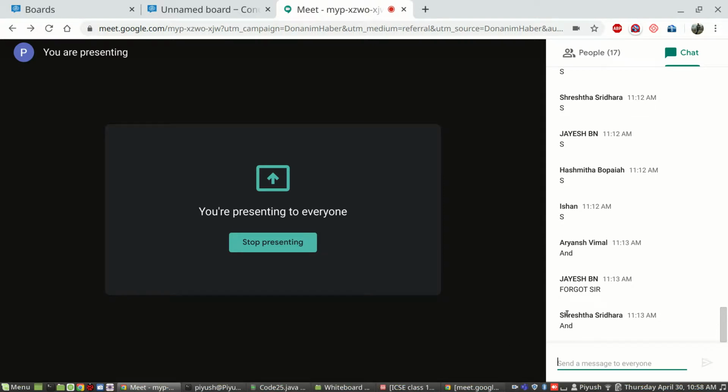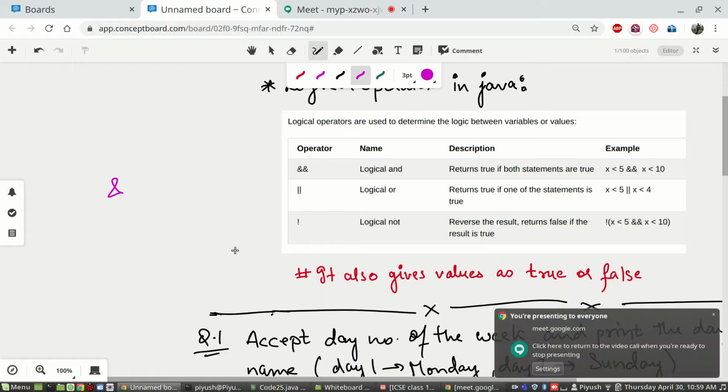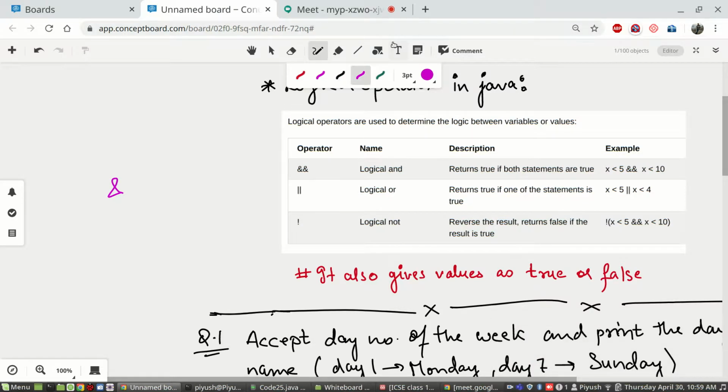Even I appreciate his answer, because if you don't know, you can tell me, okay, I don't know or I have forgotten. Be participative, that is what I am expecting. I'll tell you the name. This is known as ampersand.